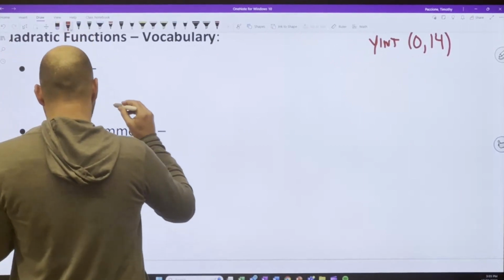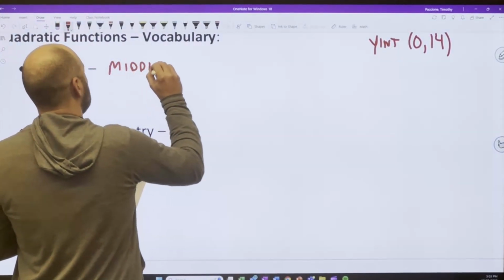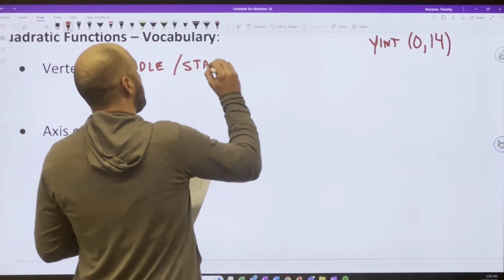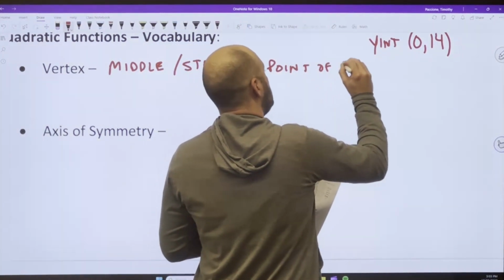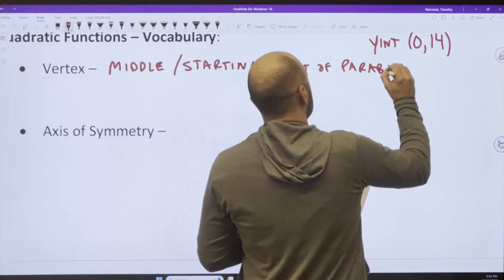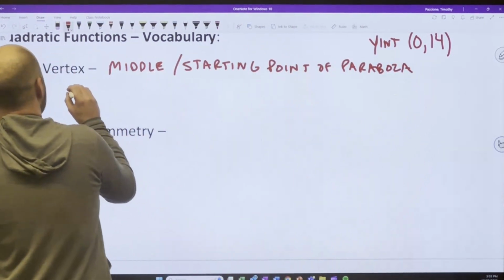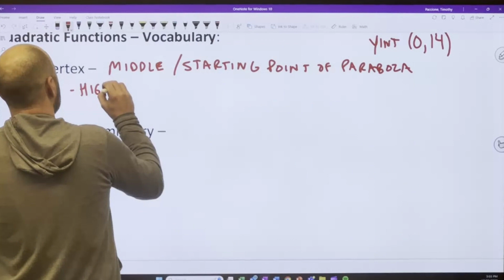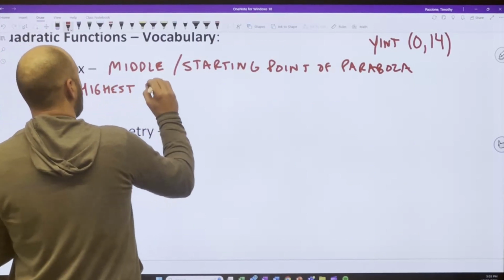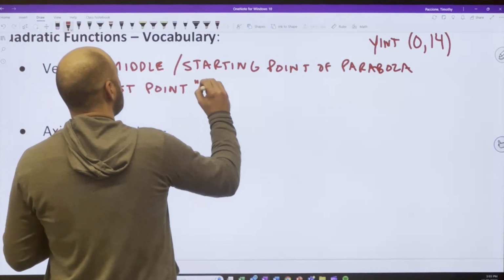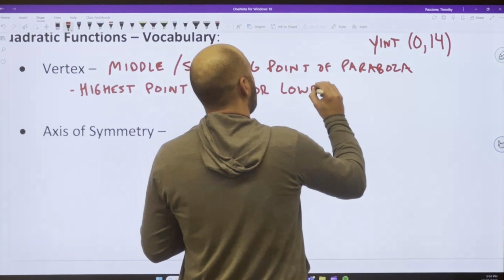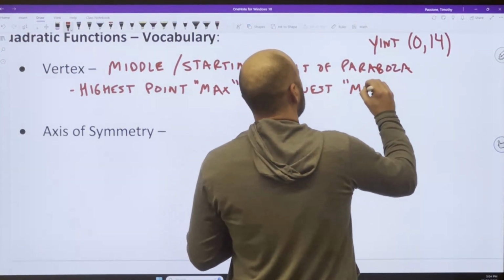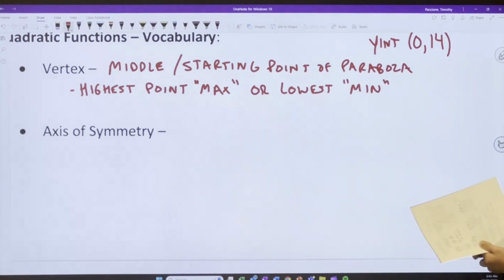Okay, your vertex is the middle starting point of your parabola, right? And it's either the highest point, which we call a max, or your lowest point, which what do you think we call it? A min. So max or min, maximum, minimum points, and we're going to be finding those sometime in this unit,